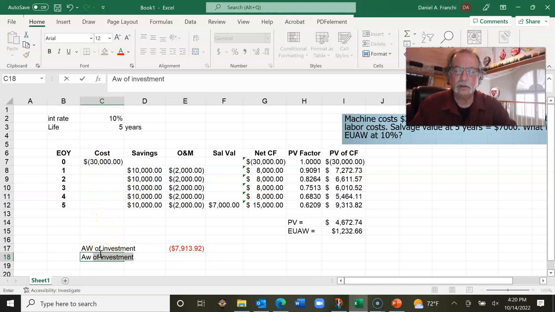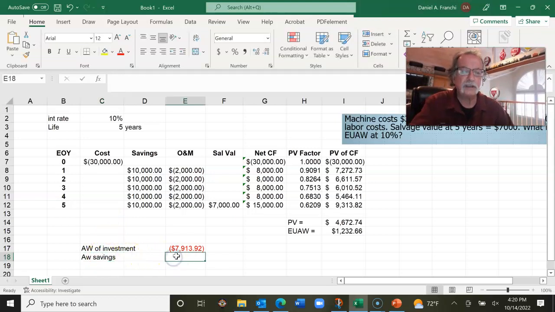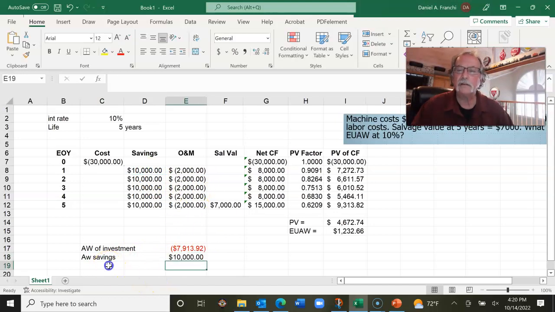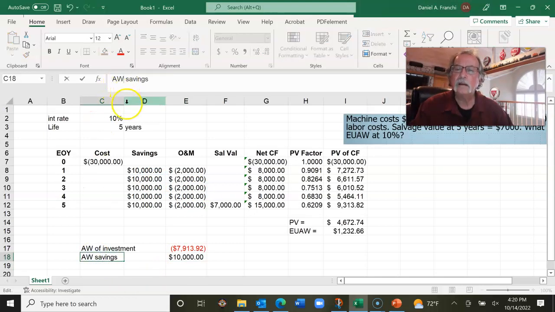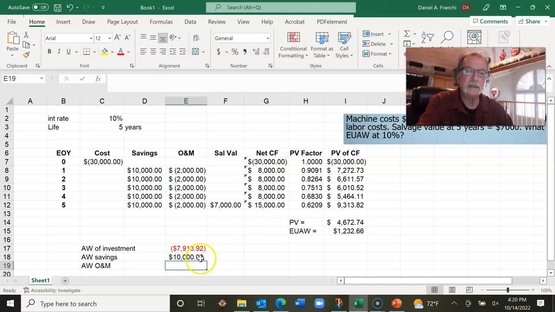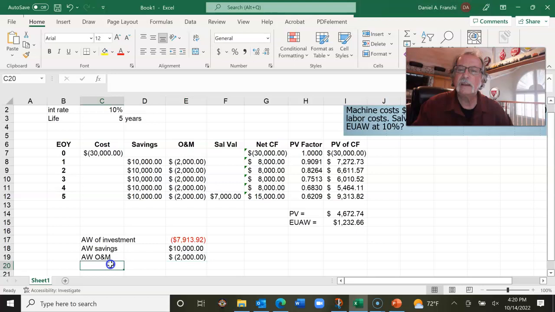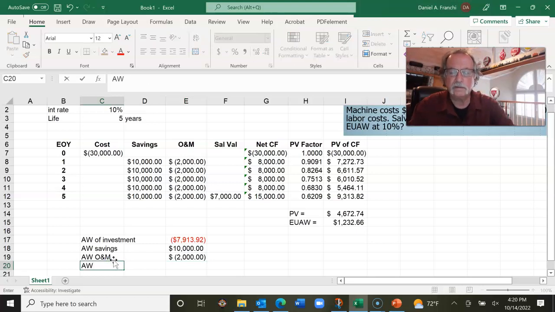The annual worth of the savings is simply $10,000 per year because it's already annualized. The annual worth of the costs of the O&M is simply the negative $2,000 per year. It's already annualized. And the annual worth of the salvage value,